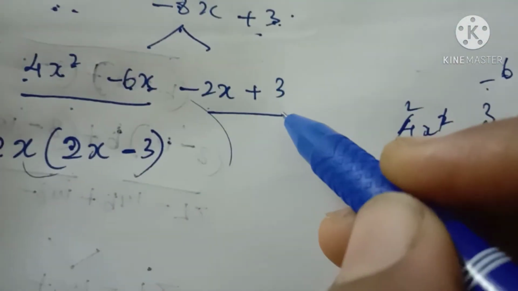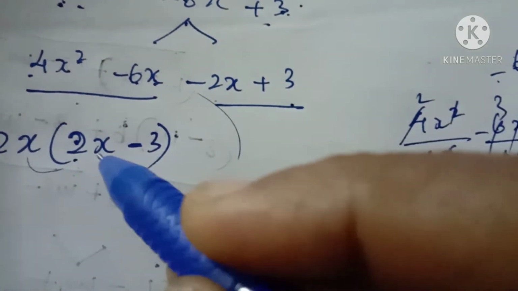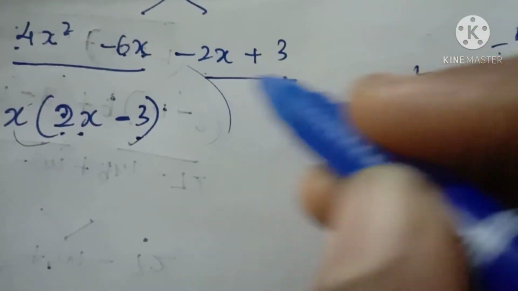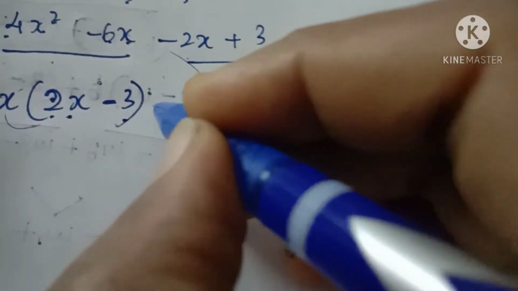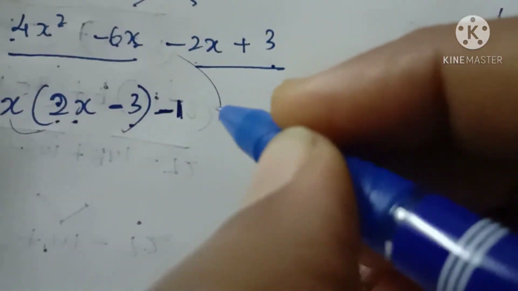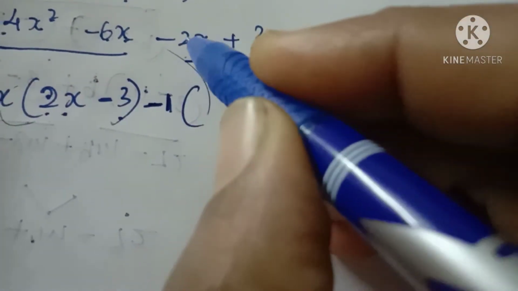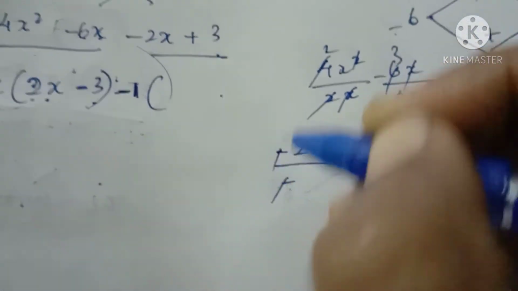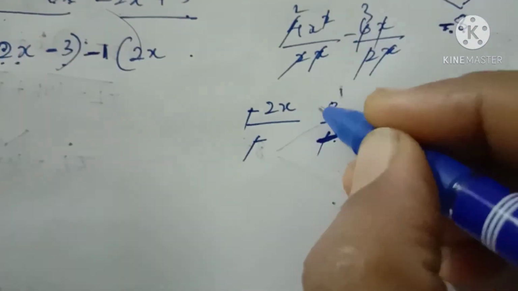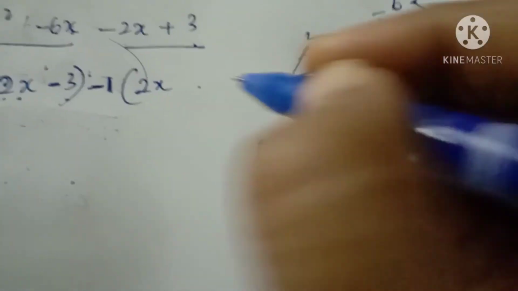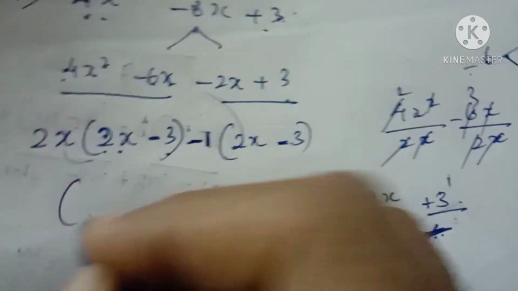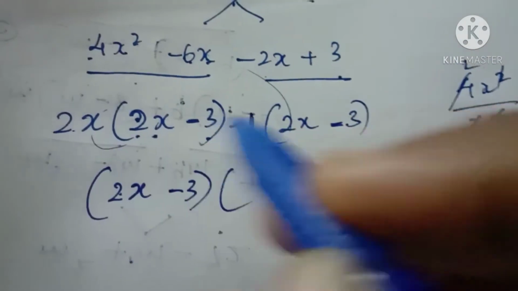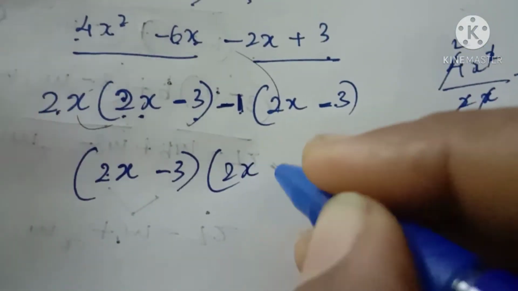And then if you see here, in the middle term, the term which is in the bracket is 2x minus 3. So you have to get 2x minus 3. So if you take minus as a common factor, then minus 2x by minus is plus 2x, and then plus 3 by minus is minus 3. Then write the terms which are in the bracket, 2x minus 3, and then the terms which are outside, 2x minus 1.